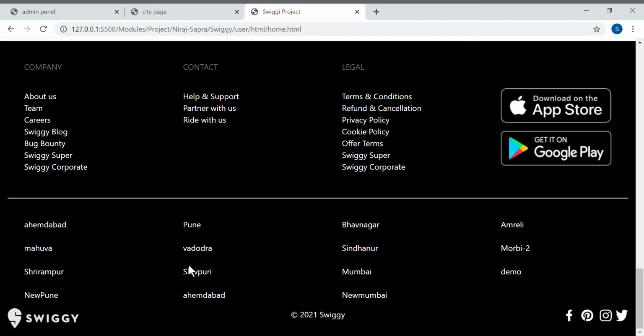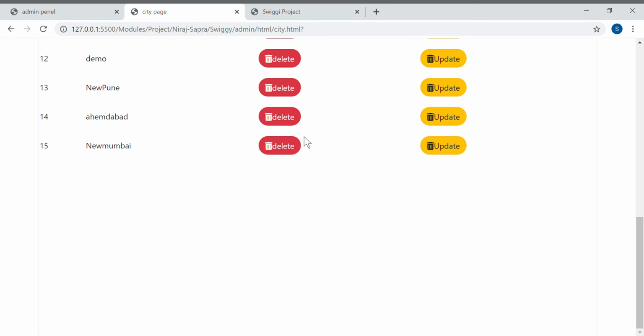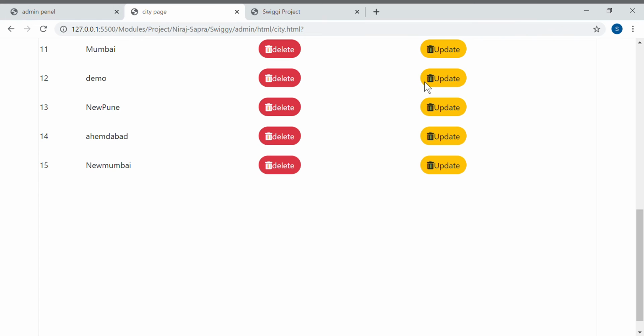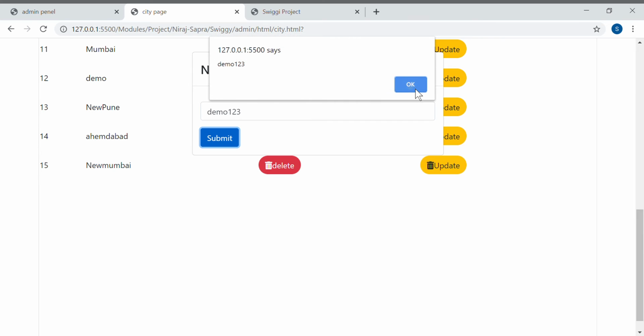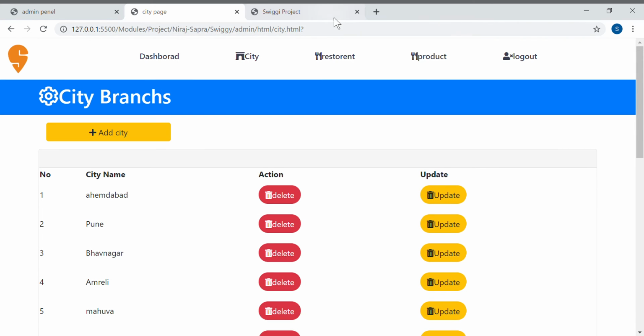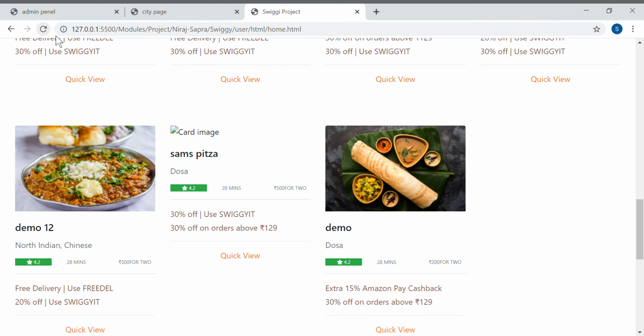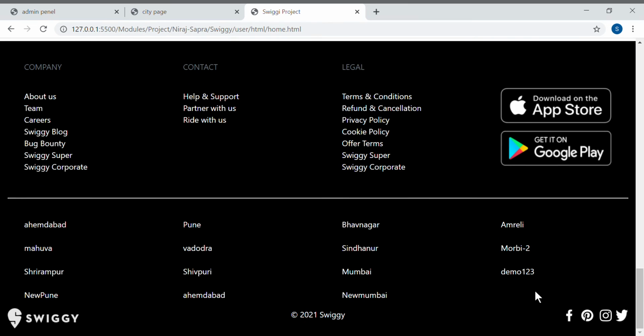So it looks like this, Mumbai is automatically added, right? Here we can see the type of the city is demo. So we can update this city to demo 123 and submit. So demo 123 data is updated, and we only need to refresh here. So demo 123 is shown on the page, right?